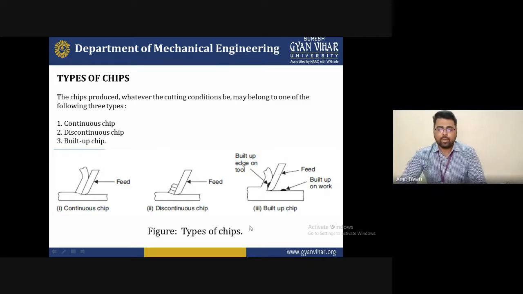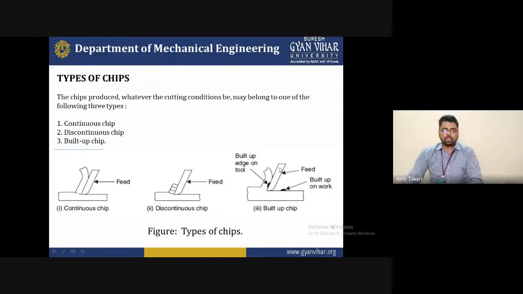How can we identify that this is a build-up chip? The build-up chip is also a single layer, the same as the continuous chip. But there is one difference: you can see some bumps formed on the surface of the chip at the tool interface. Obviously it is a continuous chip, but this is a build-up chip. This is a burnt chip, which is not required for good machinability. It will reduce the quality of the surface and of the cutting edge of the cutting tool, which is not required for machining purposes.